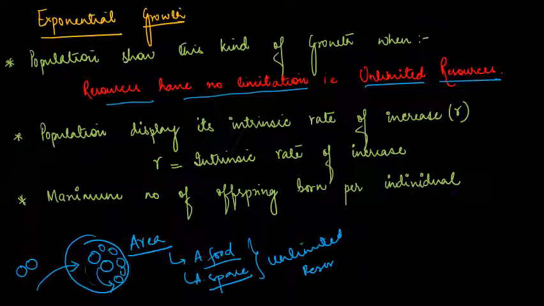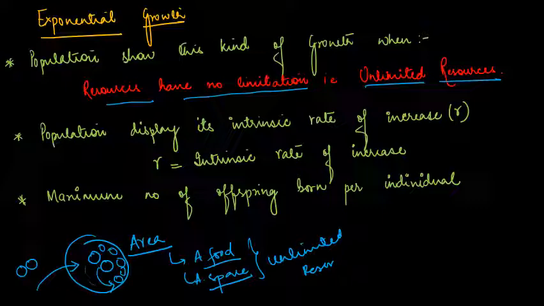So in this case, the growth before giving birth, the way they are utilizing the resources, with unlimited resources available to them, that is what we call exponential growth. But this exponential growth remains for a very short duration, because when they came alone, that time they utilized the resources unlimitedly, right? So that was for a short duration.